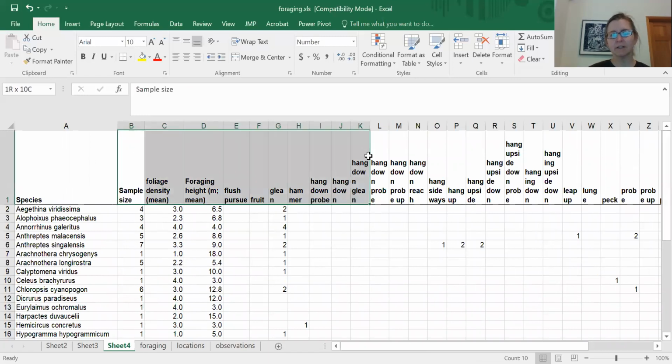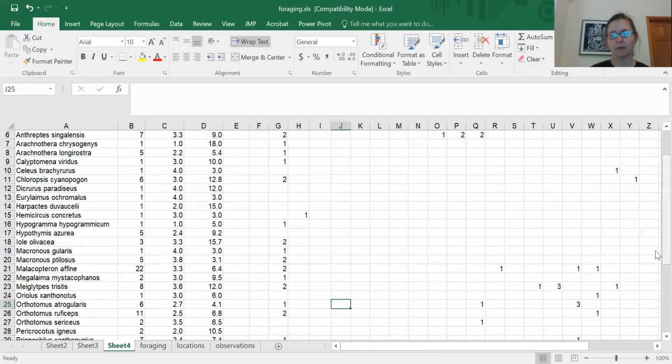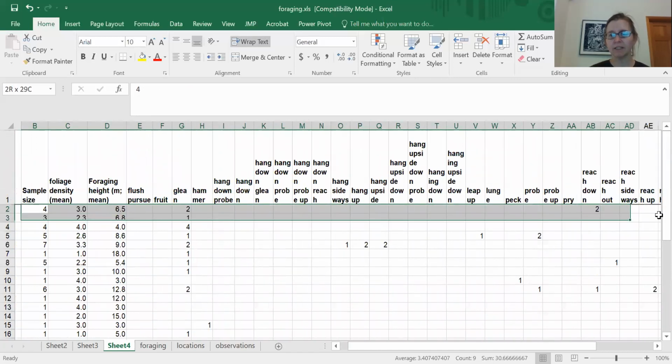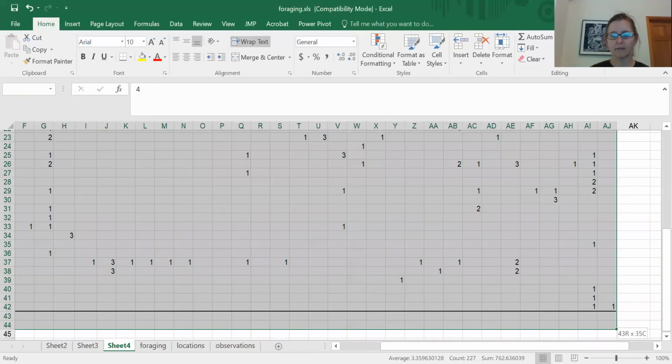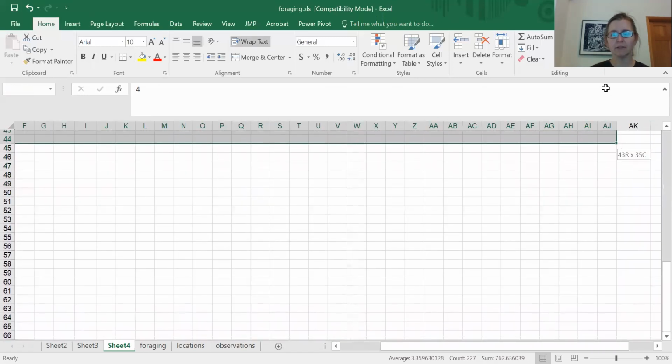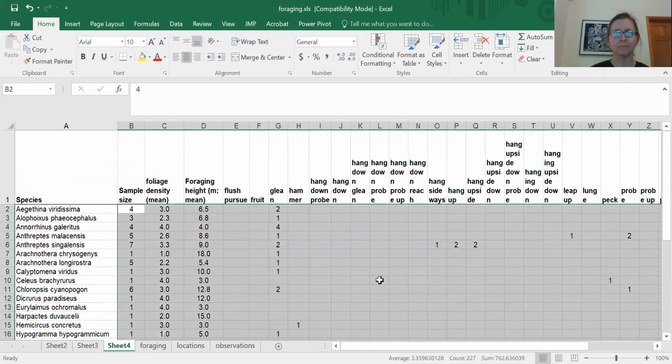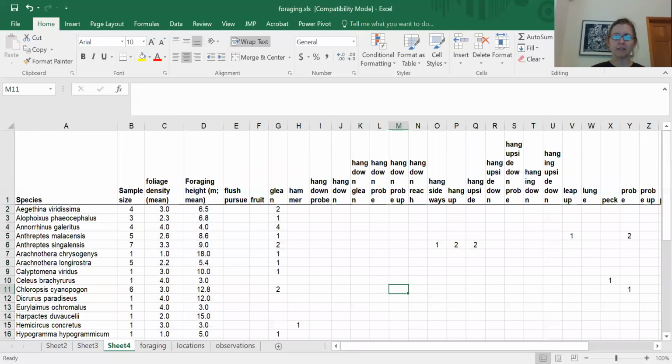It makes sense also for these data to be expressed in the center of the cells. It tends to make it easier to scan across the table. There's just these little changes you can make to data tables to make them easier to read. So I just selected the cells with data in them, and I selected this option up here, center your content. And then,